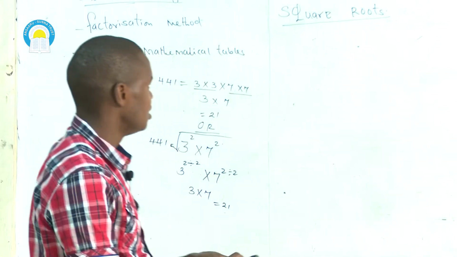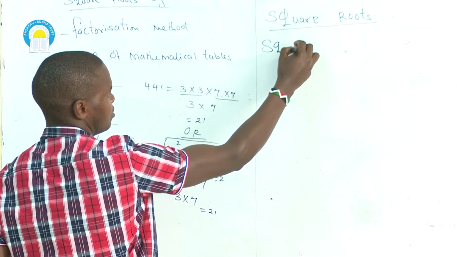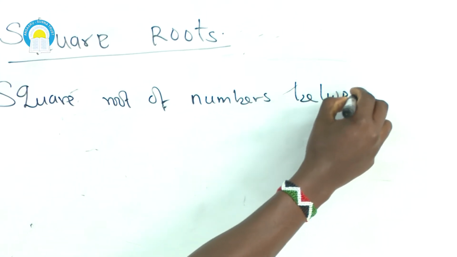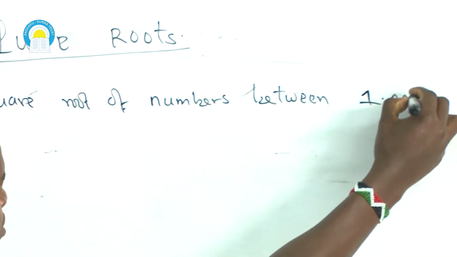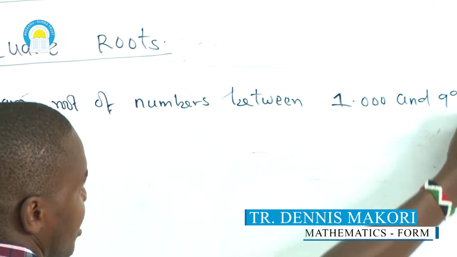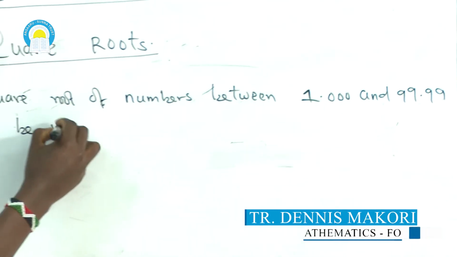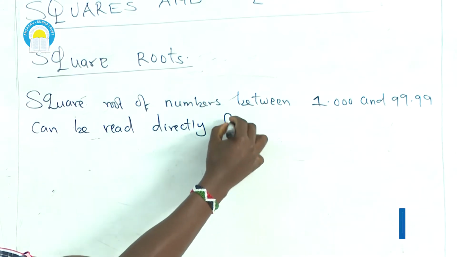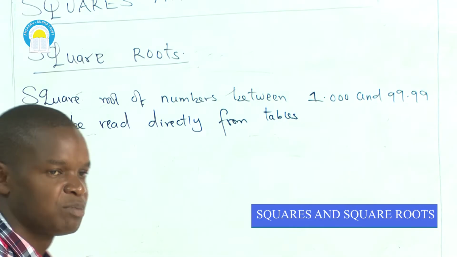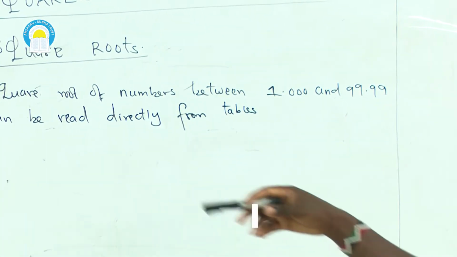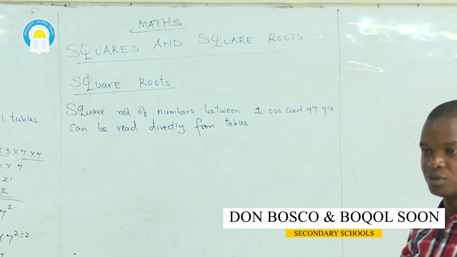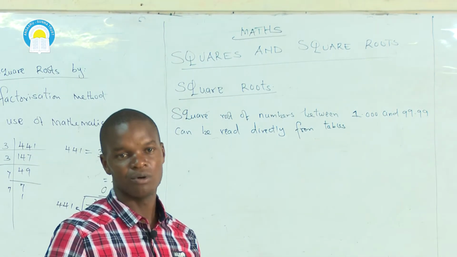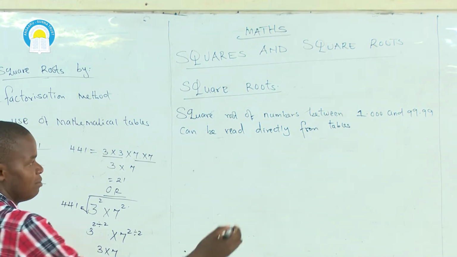In case of square roots, we say the square root of numbers between 1.00 and 99.99 can be read directly from tables. Numbers between 1.00 and 99.99, you can just find the square root of those numbers directly from tables. So the same way we were using the tables of squares is the same way you can use the table of square roots. Now, let us say we have a number such as